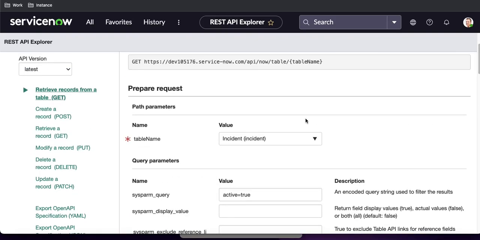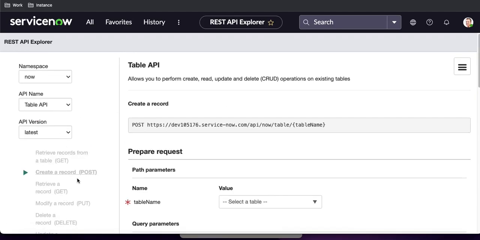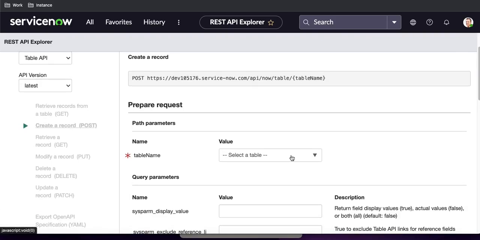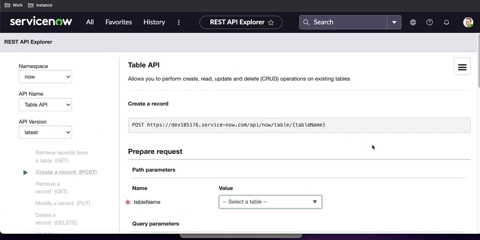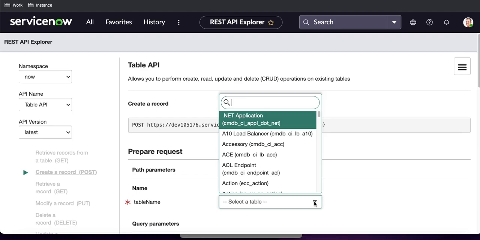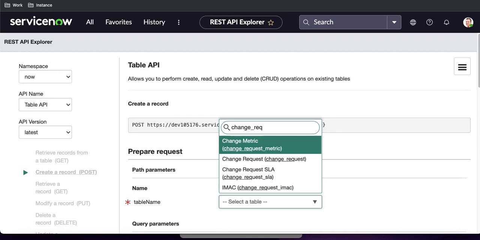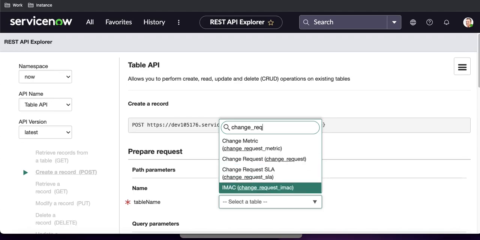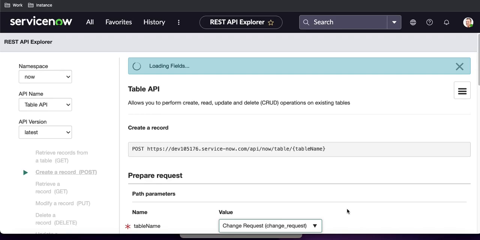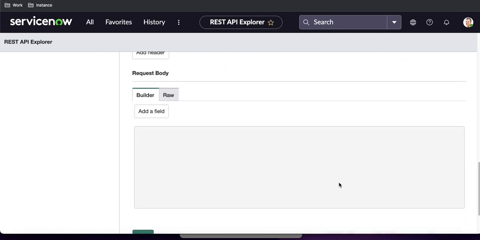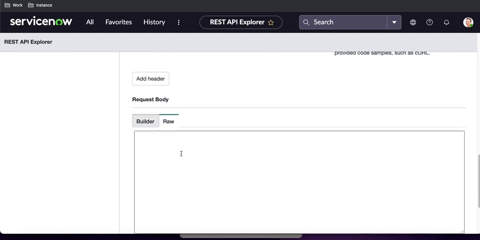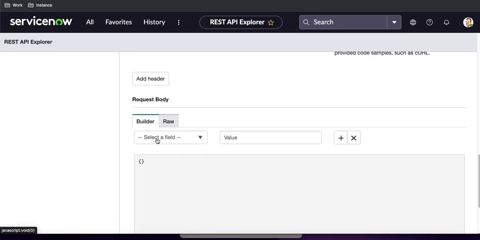It's also easy for you to create a record. Let's say I want to create a record, so I simply select create a record. Once I click that, I need to select the table name. In my case, let's say I want to create a record in change request, so I select change request here. Now, in this body, instead of manually putting the JSON, you can